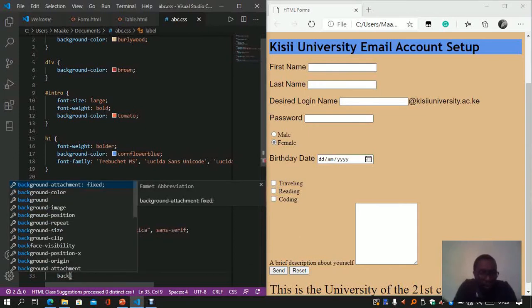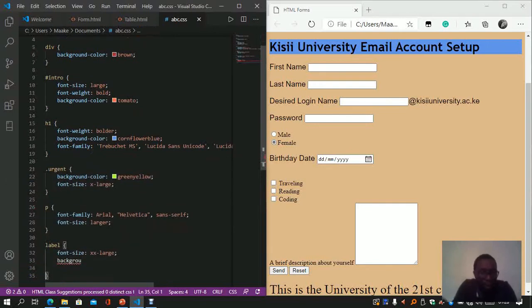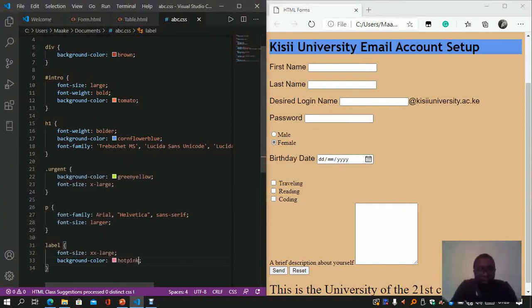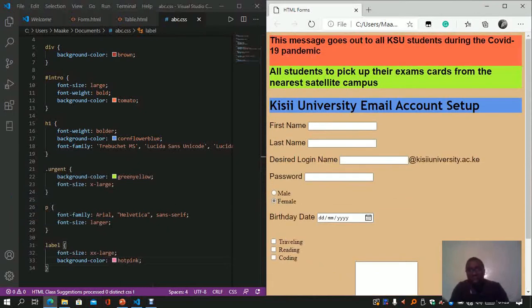Okay, background is what is just easy to illustrate with. Background color, and then you can have ivory or hot pink coming there, and then we can always see that it's having the effects there. So what I'm trying to say is this: it's possible for us to manipulate things on our HTML document using